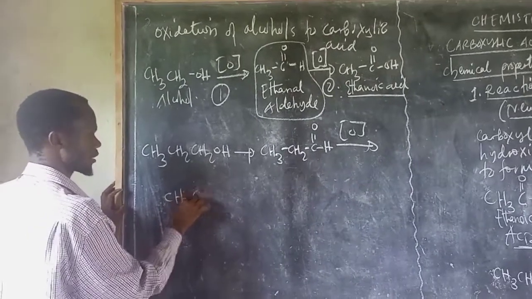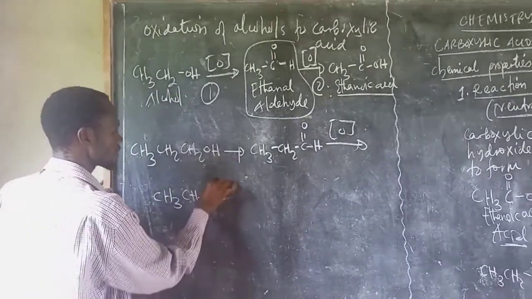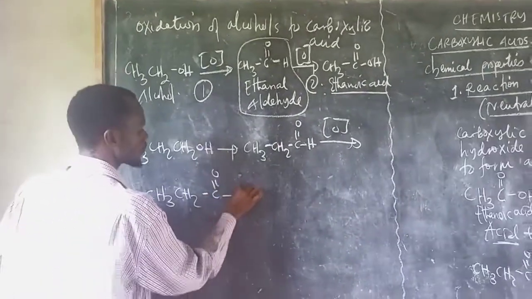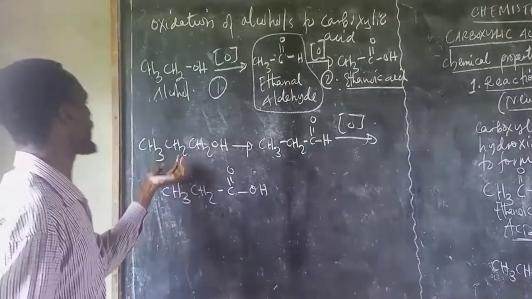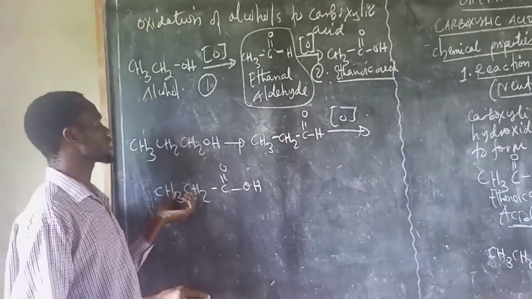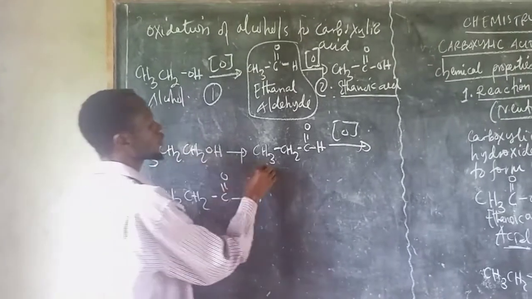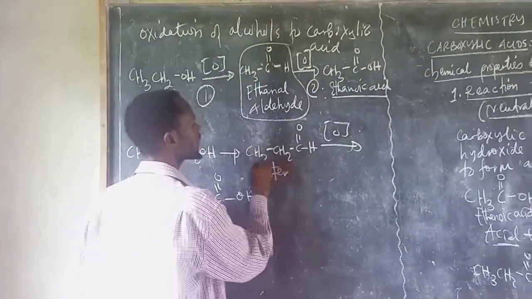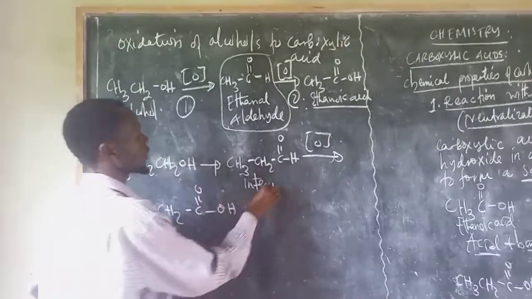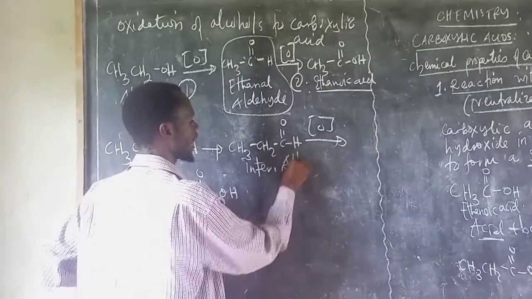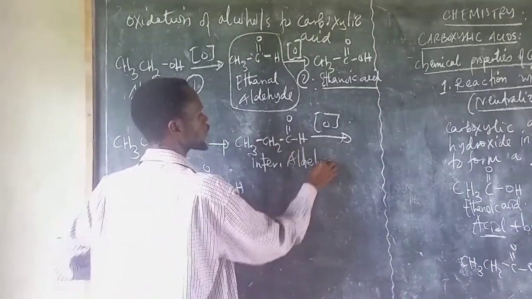So there is no direct production of carboxylic acid from alcohol, but there are intermediates. The intermediate product is called aldehydes, and then this aldehyde is converted to